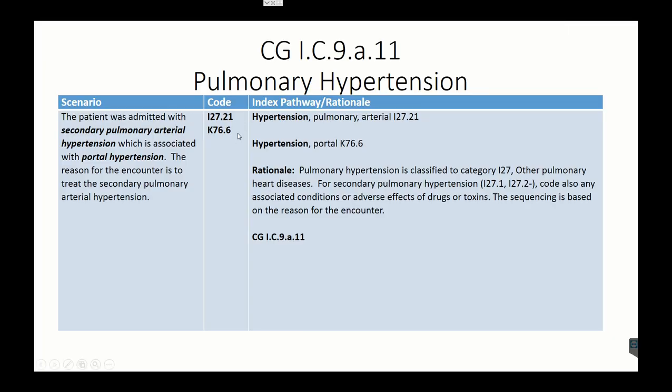So here are those two codes that we just went through, the I27.21 and the K76.6. The rationale is pulmonary hypertension is classified to category I27, other pulmonary heart diseases. For secondary pulmonary hypertension, or the I27.1 and the I27.2 codes, code also any associated condition or adverse effect of